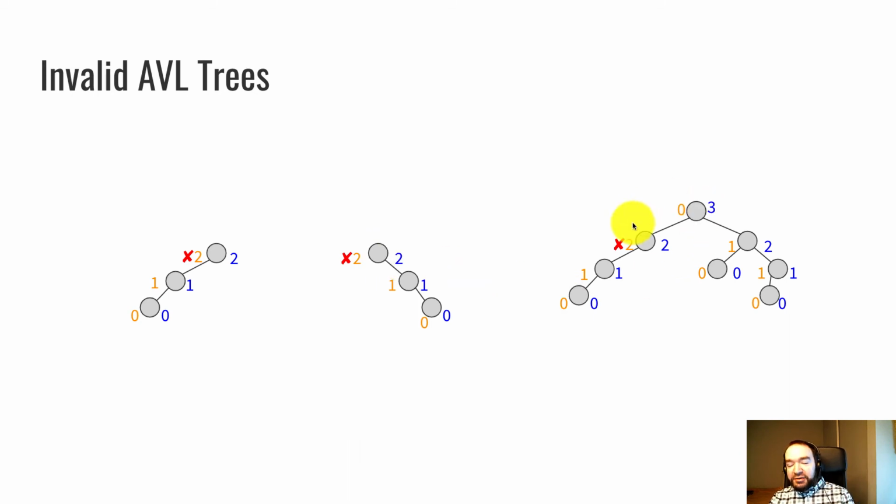This example over here might be a little more realistic. This is a tree that's close. I've got some 0s and 1s mixed in that are okay, but there is one violation, so this does not count as a valid AVL tree. This node right here has balance factor of 2 because it's got a height 2 left subtree, nothing on the right subtree. This also goes to show that the balance violation is not always necessarily at the root. It could be at a different location.